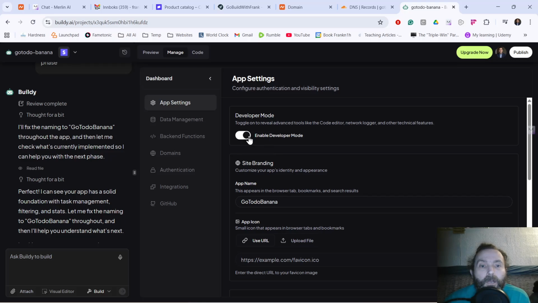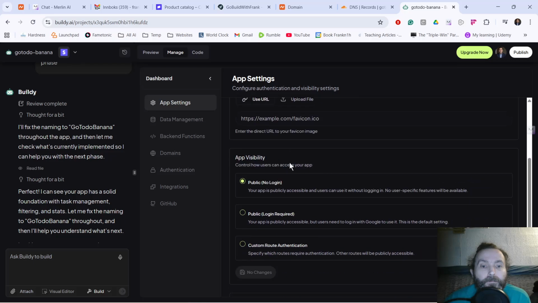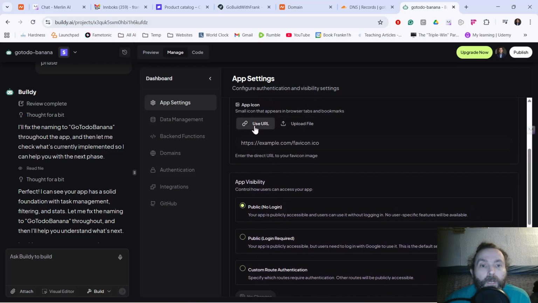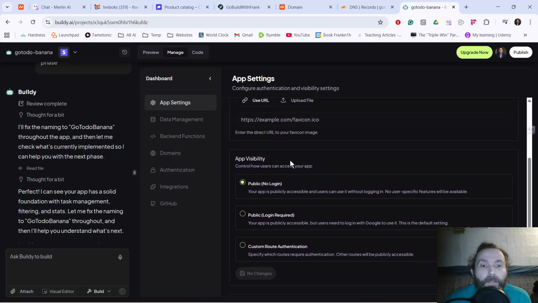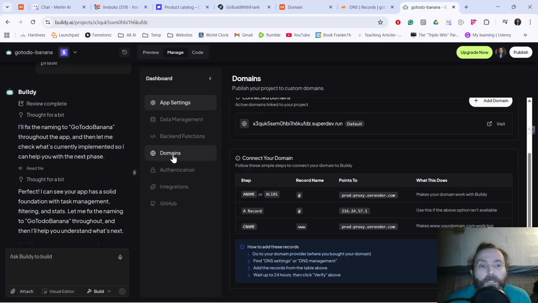So, but I like to have a little bit technical control, so I toggle this on. And then you can enter the name of your app here. You can also create an app icon, and then when you have done that, you click save. But what we're going to do now is go to the domains part,